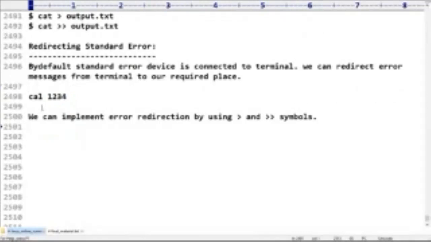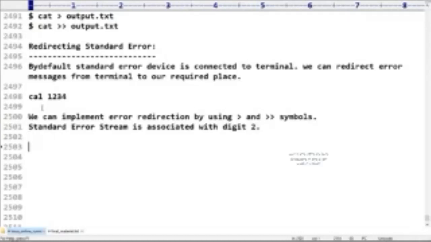Next, standard error is associated with which digit? Standard error stream is associated with digit 2.